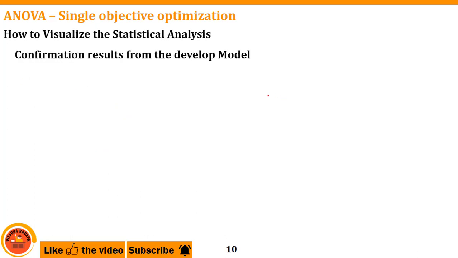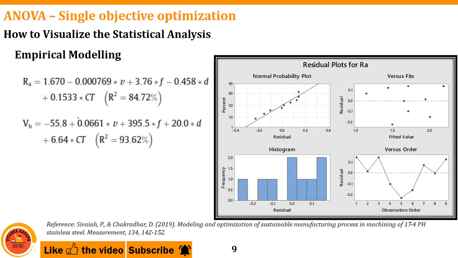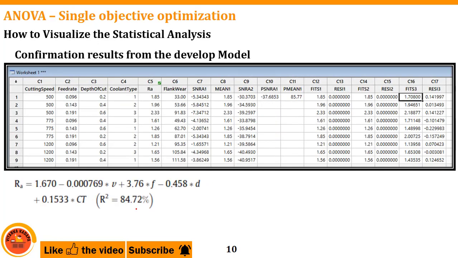Next, confirmation results. What do confirmation results mean? Now I am going to predict something, and based upon that prediction, I will conduct some experiment. After conducting the experiment, I have to check whether that prediction is correct or not. In the previous window, I got this equation. Now I will substitute values into this equation. See, this is my equation, and I will substitute these values here. What I will substitute is like this: 1.67 into